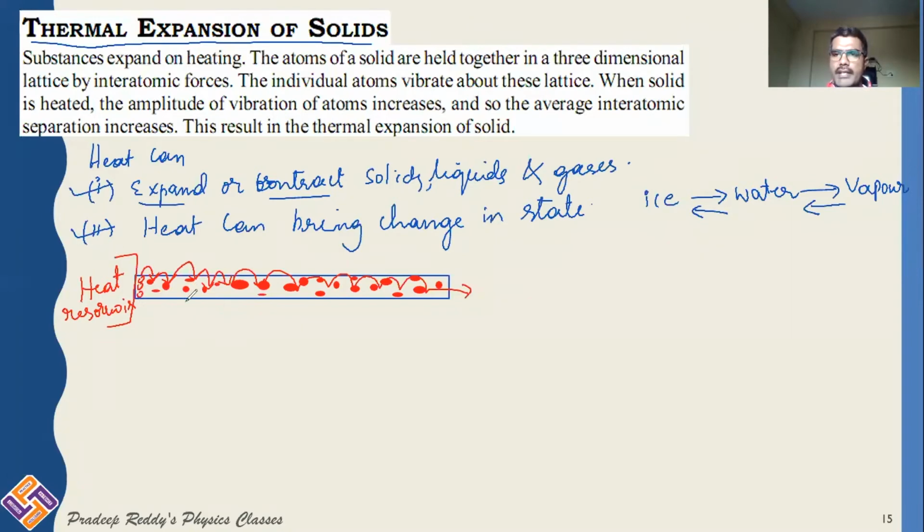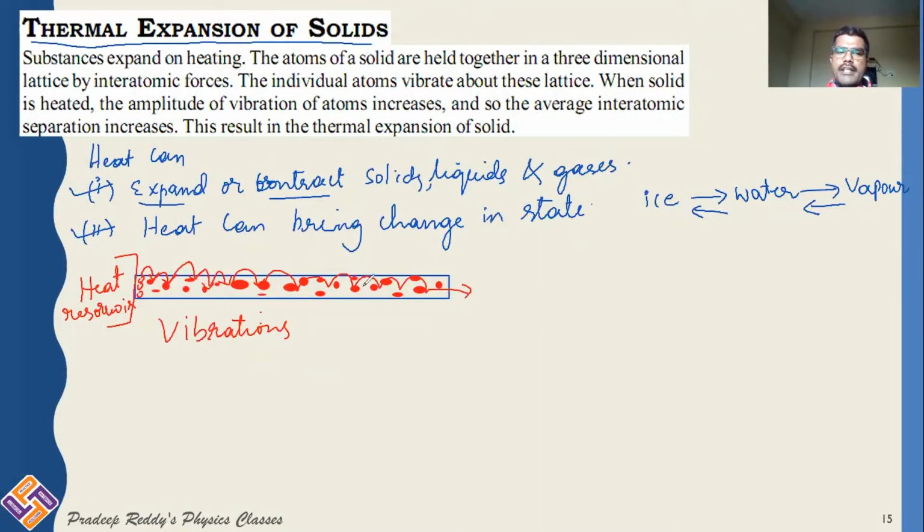But when you are providing heat energy, the atoms will undergo vibrations. The atoms of this substance will be vibrated. When they are vibrating, they transfer heat energy to the next surrounding molecules. Likewise, all these atoms transfer some part of the heat energy received by them to the next surrounding molecules. This is the way heat transfer takes place.